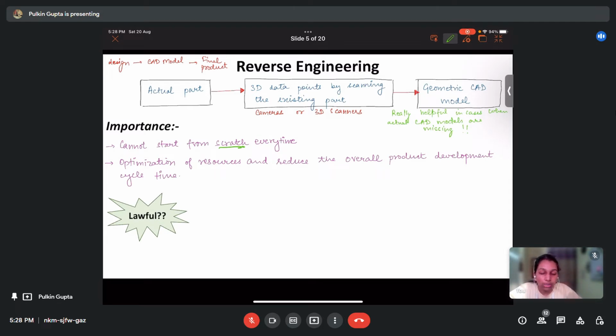Had this technique not been there, then people would have to just drain their brains to get to the actual CAD models just by visualizing the parts and having physical measurements. So, in such a case, this reverse engineering becomes really helpful. Now, is this even lawful and legal? What we see is that we are having a product, we are scanning it and getting the CAD model. It sounds like we are copying things, but it is legal as far as we are